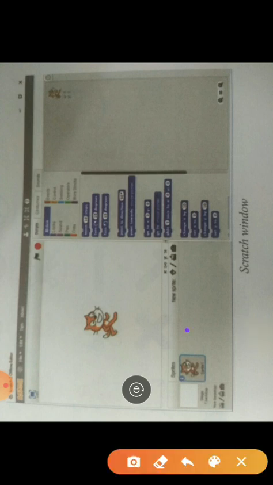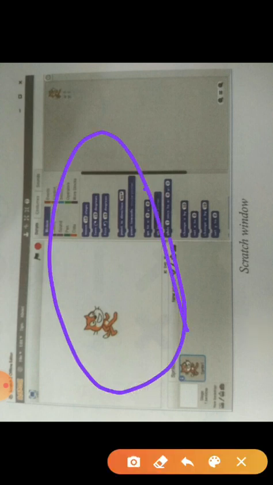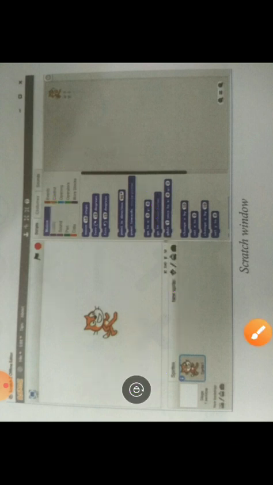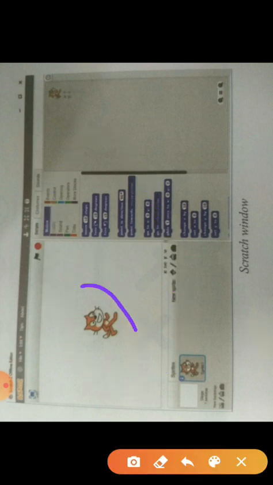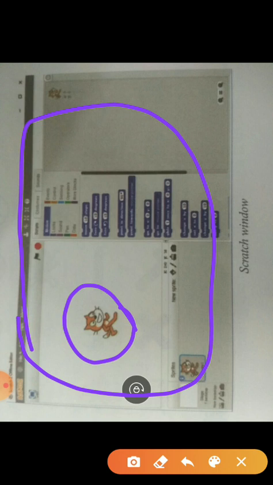Look at this. This is Scratch. This is a sprite, this cat is called a sprite, in Scratch. This is the background of the Scratch programming language. Okay, and this is the background. It's called the stage. And here are some commands related to making programs.